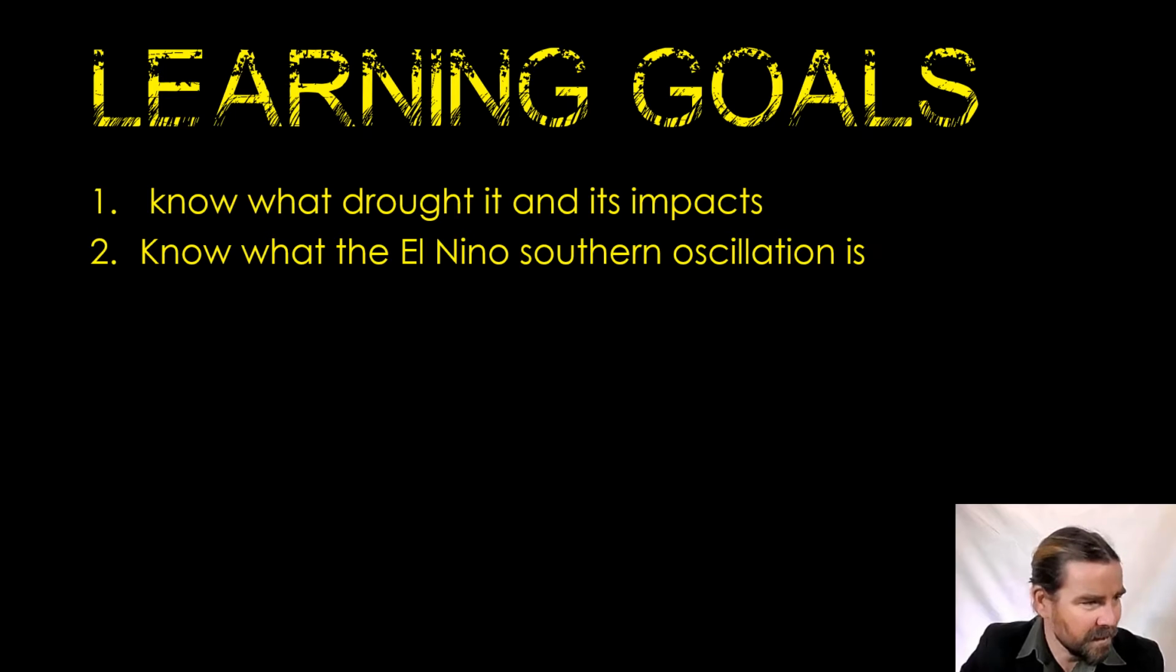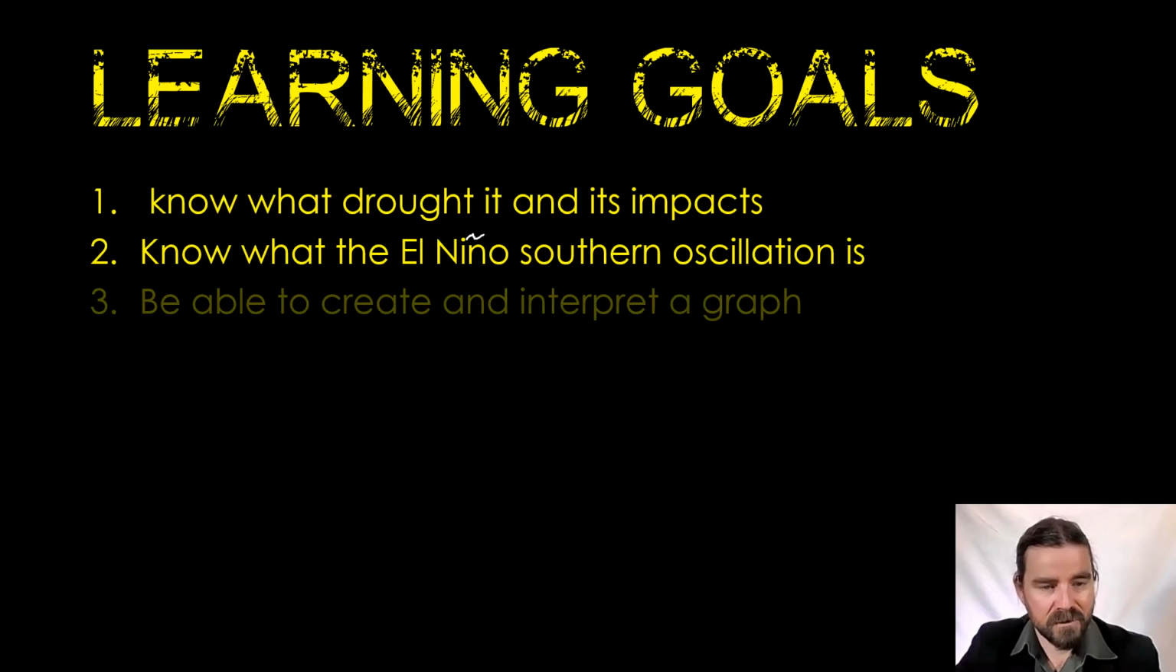So it's like that. The little doodacky on the N in Spanish means you pronounce it like an NY instead of an N. So it's not El Nino, it's El Niño. Anyway, so you're going to know what the El Niño Southern Oscillation is, and you're going to be able to